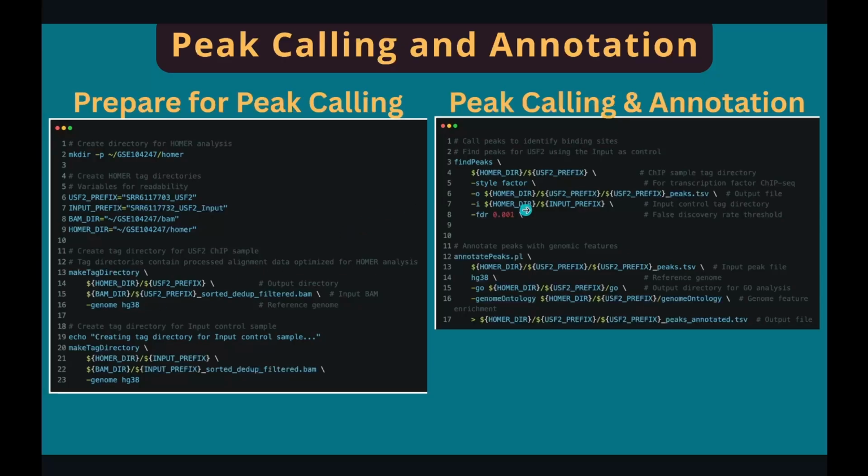After that, we can call the peaks using findPeaks. Two inputs: one, the ChIP sample tag directory we just created, and the control tag directory from the last step. The output will be the peak file. Give it a consistent name. Style factor, because we're doing transcription factor ChIP-seq. FDR, set it to 10 to the minus 3 or 10 to the minus 5, depending on how stringent you want it. After that, we can annotate the peaks using